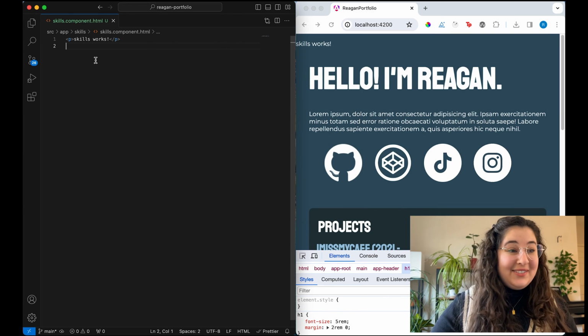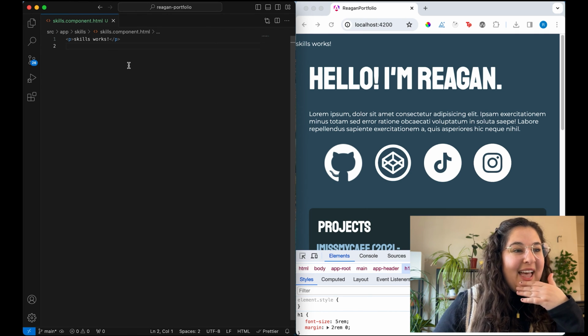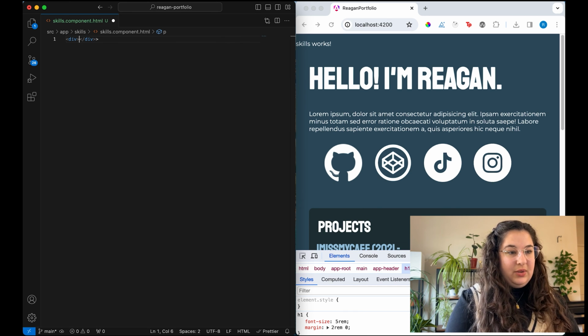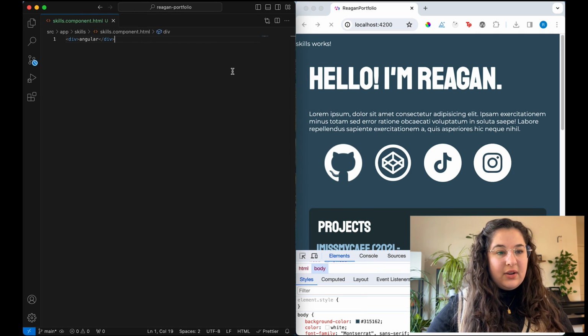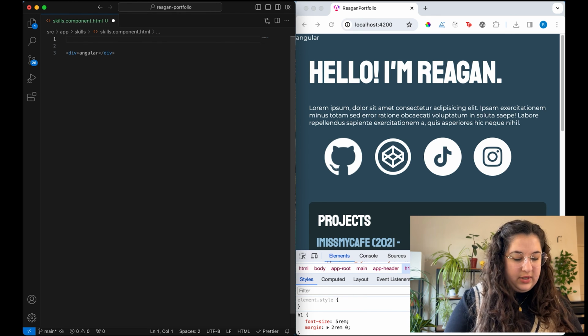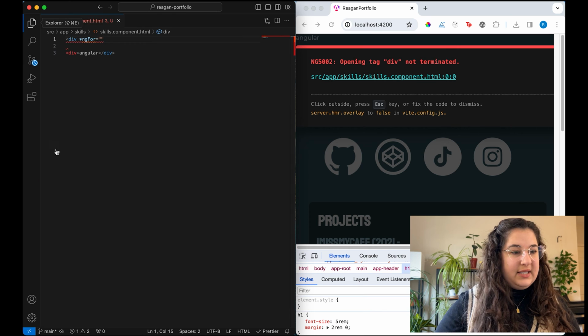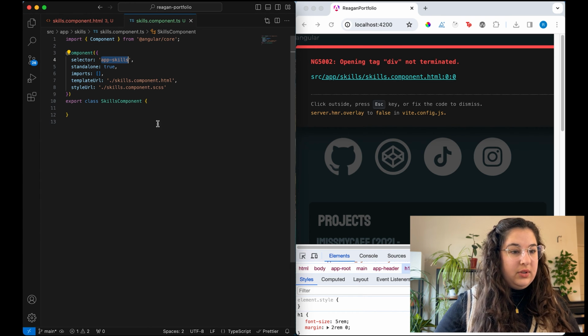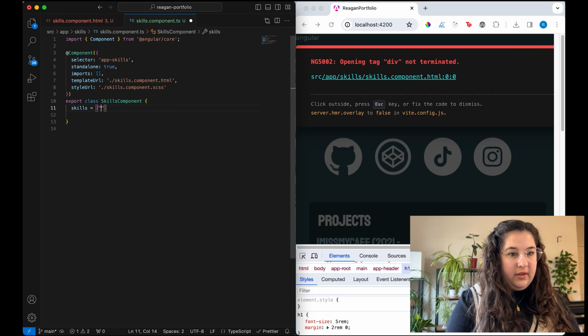And now we can get to the part I really wanted to get to, which was the skills. Haven't really thought about how I'm going to do this part yet. I could, for each skill, do like a little div. So this would be like Angular, and then make them all show up that way. But I don't really want to type them all out this way. I feel like the right answer here is to do like an ngFor and then list them out in the component itself, because that way it'll be a lot easier to edit them down the line. So this would be like skills equals, and then an array of